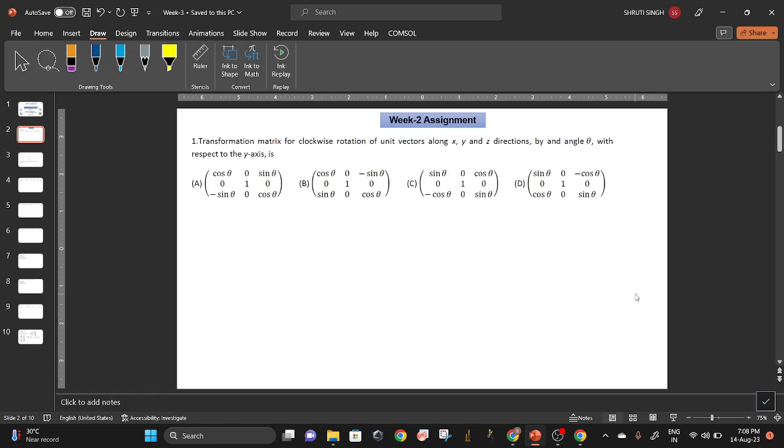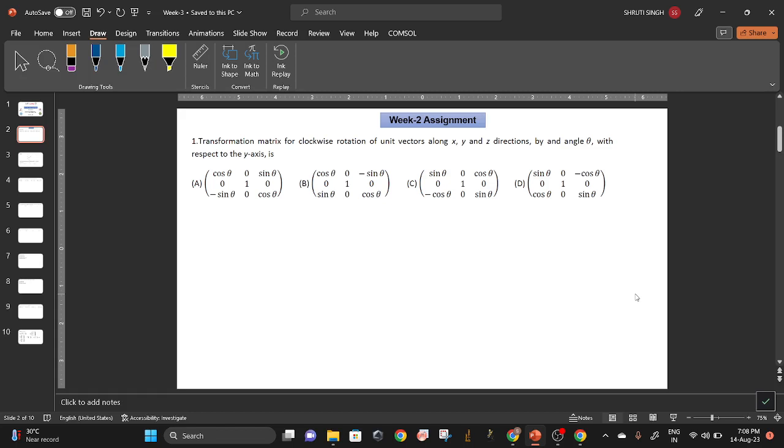And as we know, all three axes are orthogonal, and we cannot change the order. After x, y should come, after y, z should come, and after z, x should come. So if we are rotating about the z-axis,